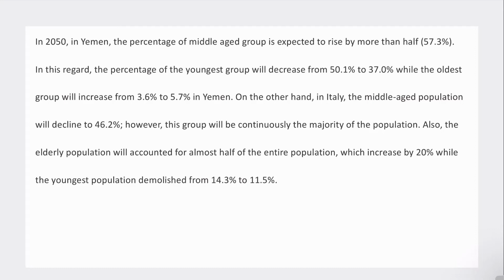In 2050 in Yemen, the percentage of middle-aged group, maybe just of middle-aged people, is expected to rise by more than half. In this regard, the percentage of the youngest group will decrease from 51% to 37%, while the oldest group will increase from 3.6 to 5.7 in Yemen. On the other hand, in Italy, the middle-aged population will decline to 46.2%. However, this group will be continuously the majority of the population. Also, the elderly population will account for almost half of the entire population, which will increase by 20%, while the youngest population